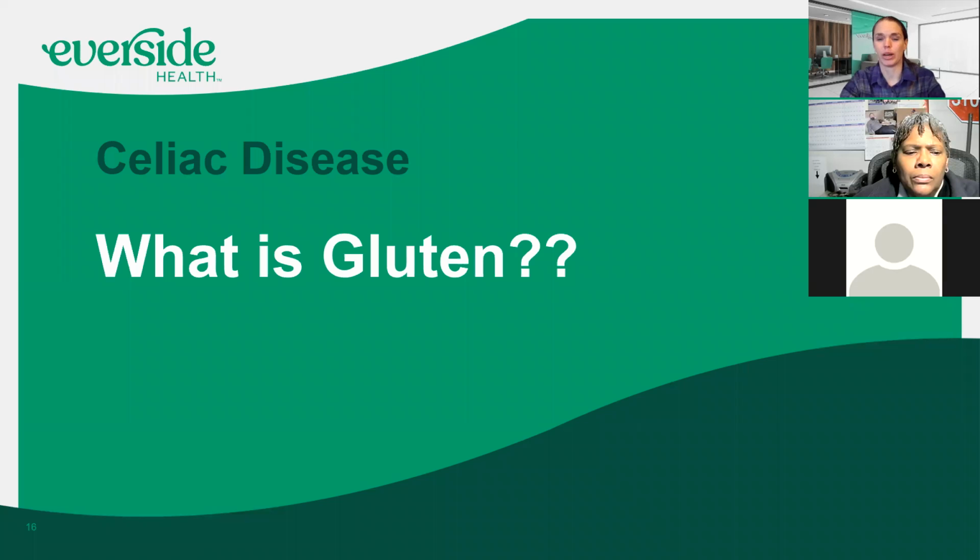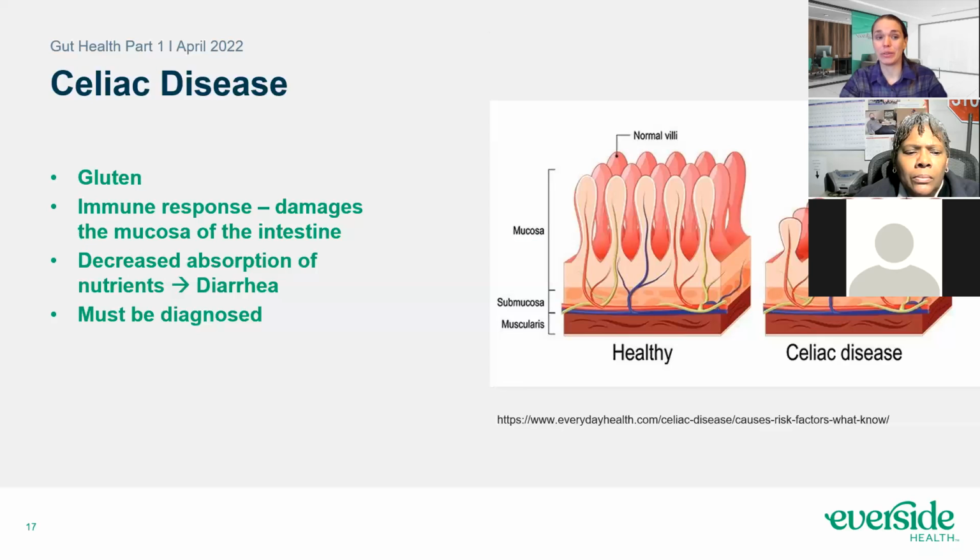So that leads into what is gluten. Gluten is a protein and it's found in wheat, rye, and barley. And that's what's causing the body to attack itself, that specific Lego structure. And it pops up in everything. And I mean, everything. We'll see a list on the next slide, but it's even in things like salad dressings. So there's a long laundry list of things that it can be in.